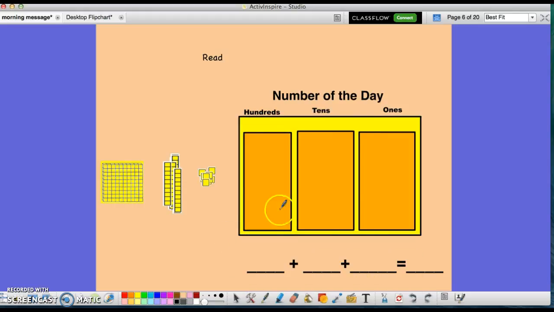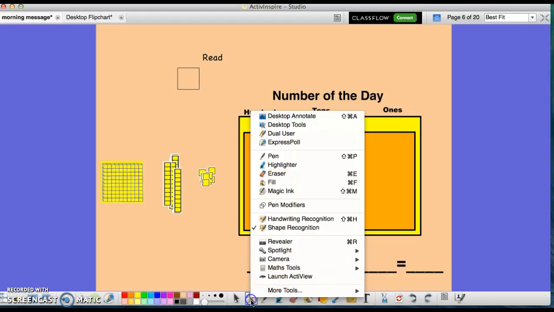Shape recognition allows you to do the same thing. Draw a shape, and it turns it into a square as if you had used one of the shape tools or the pen modifier. These ones down at the bottom are also available in other places, and honestly I have not used them